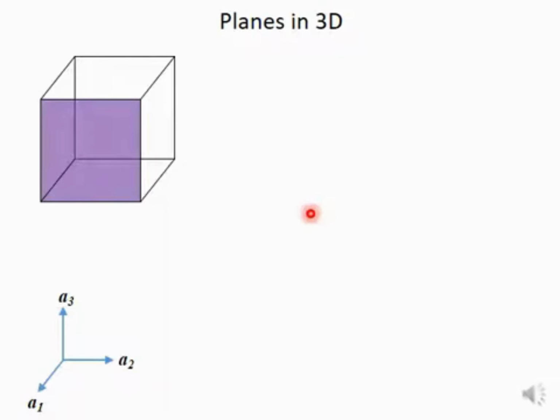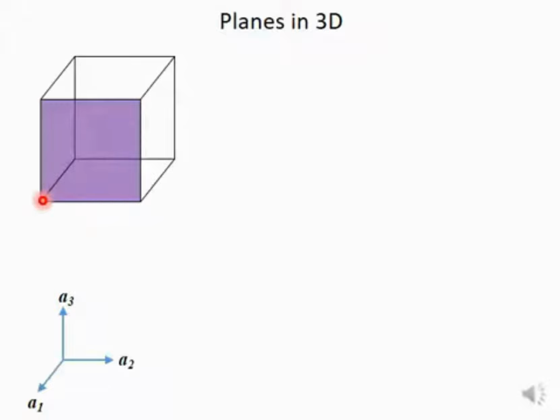So planes in 3D, three dimensions. You need to go for three-dimensional. We have discussed one dimension. Now we are going for three dimensions. Instead of a line, the planes are actually in 3 dimensions, and the axes are given as A1, A2, A3. This is the origin of A1, A2. You can see that